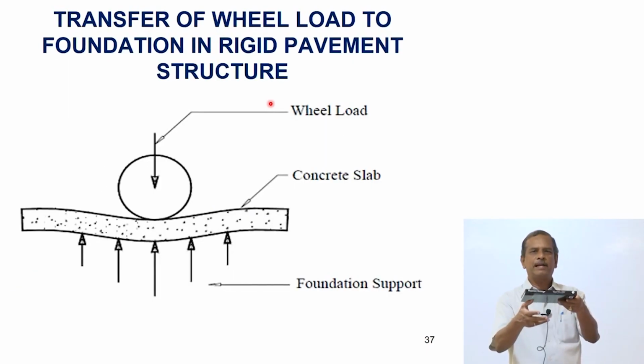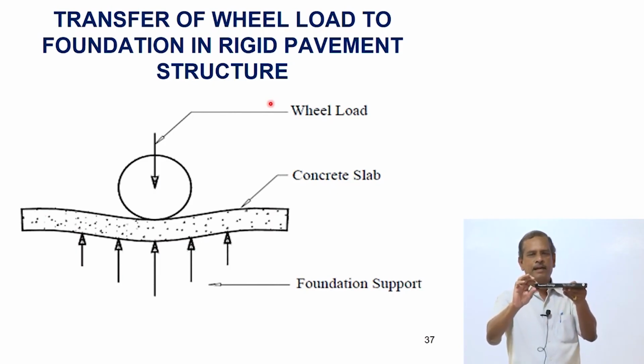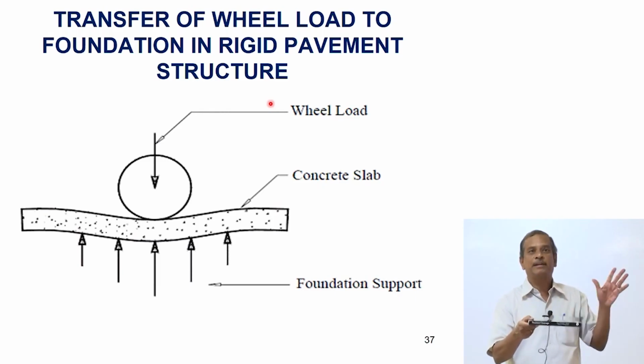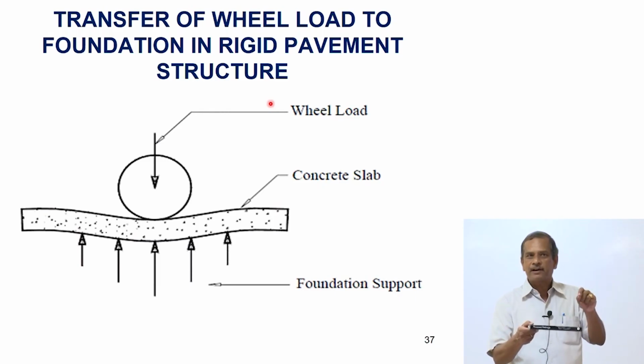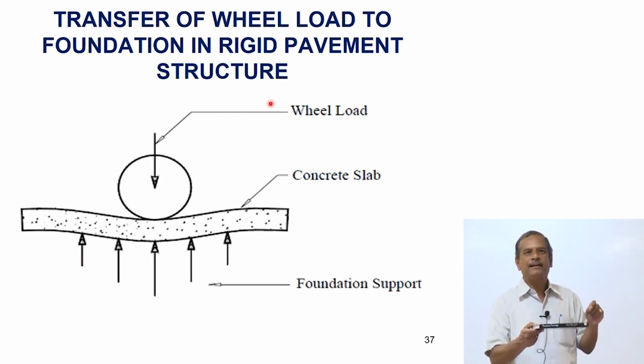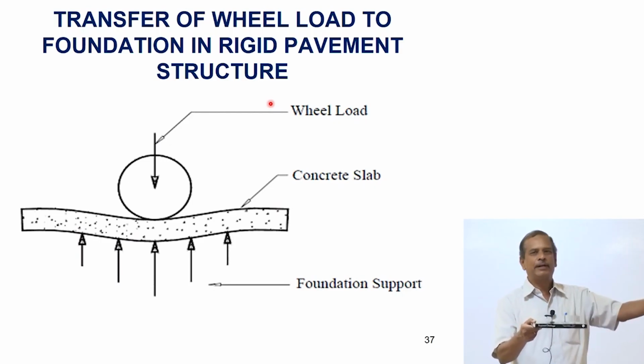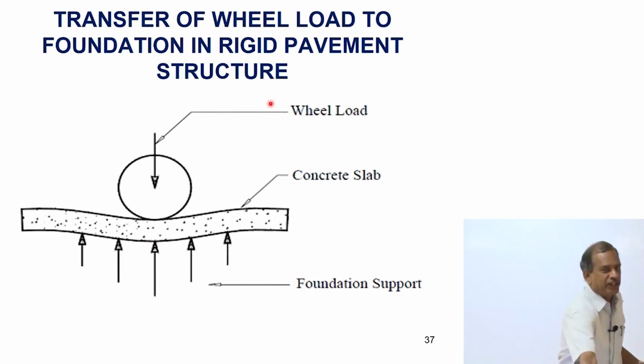So even if the subgrade is weak, I can provide a rigid layer and reduce the thickness of the pavement layers. So I need only one layer of concrete, maybe over a base course. So the total thickness of the pavement is much lesser. This concrete pavement will last for 30 years without major maintenance, but the initial cost is higher than a conventional bituminous pavement. So as I was mentioning earlier, should you spend more initially and spend less subsequently, or spend less initially